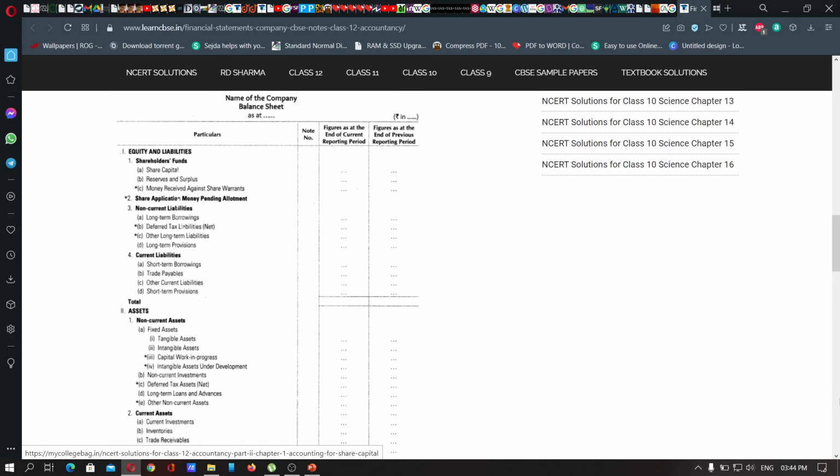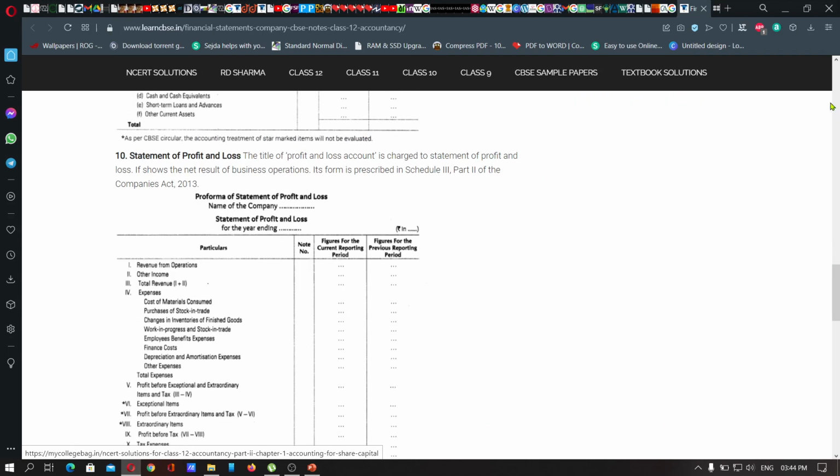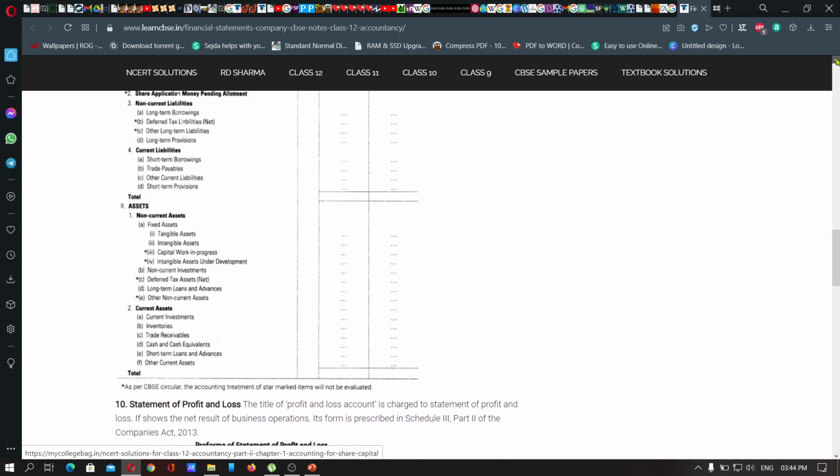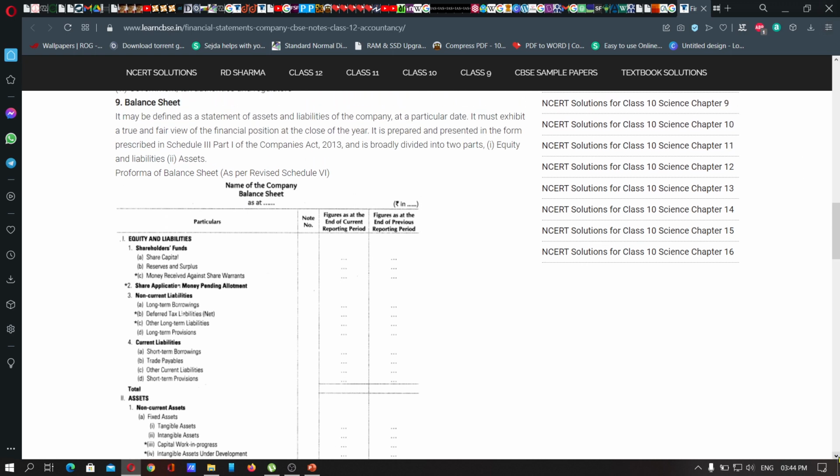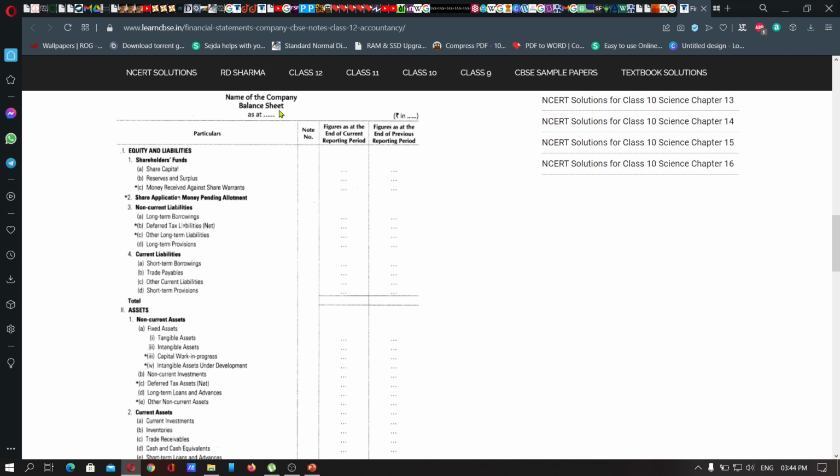Next one, format of a balance sheet, otherwise known as the statement of financial position. For the time being, I will show a rough format of the balance sheet. See, this is the format of a balance sheet as per the revised Schedule 3 as per Ind AS 1, and it will be written like: name of the company, balance sheet as on the closing date. In this case they have started with the liabilities item, equity and liabilities,